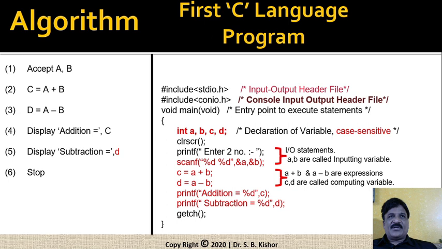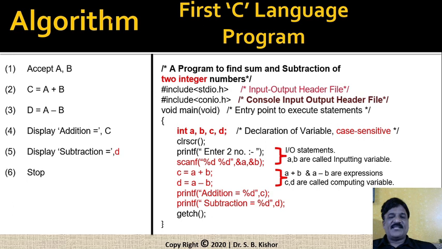Now, whenever you are writing a program, make sure to specify a comment line at the beginning. How is it possible? By specifying your comment between a slash star at the beginning and star slash at the end. Observe that here also we have given a comment line. So basically it is referred to as a multi-line comment.